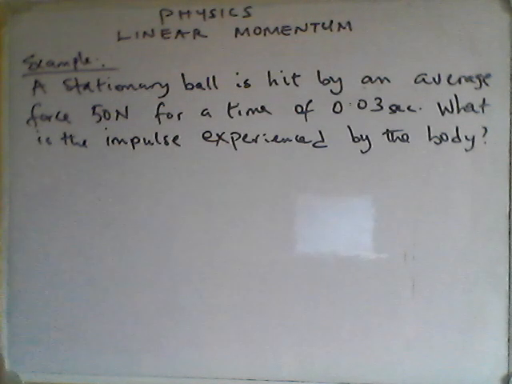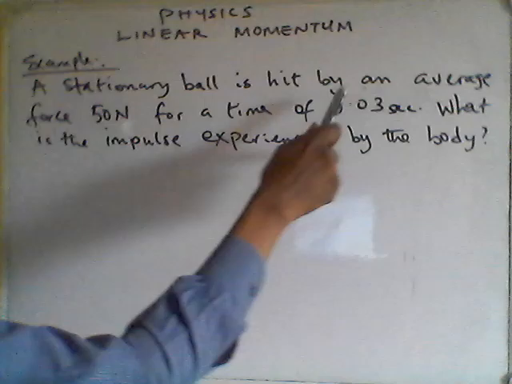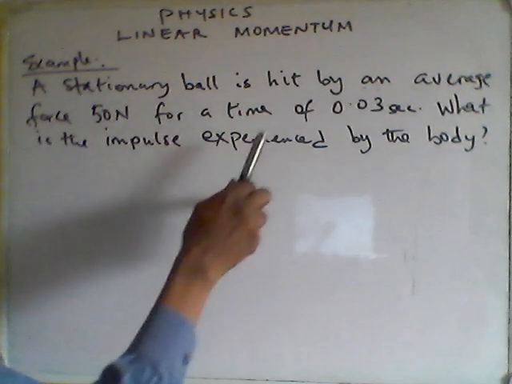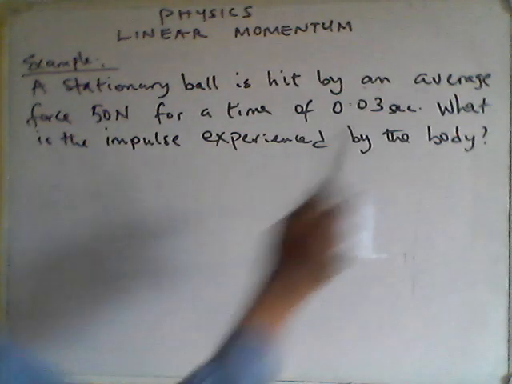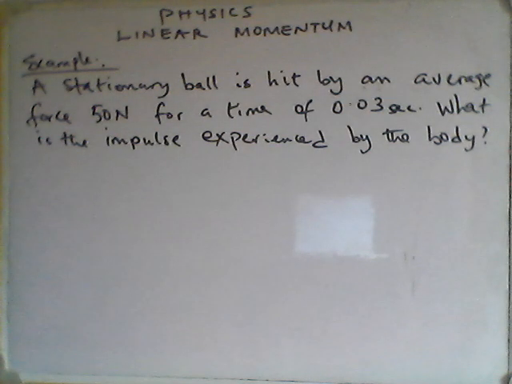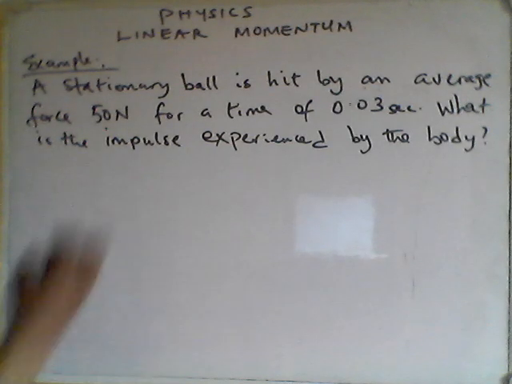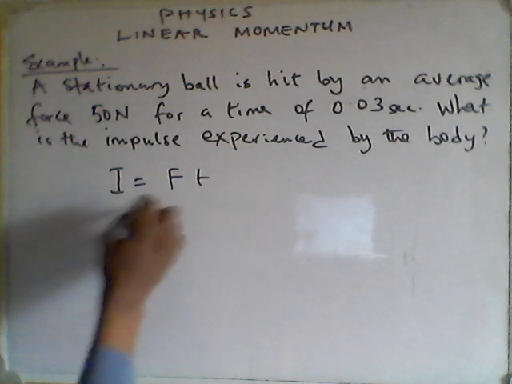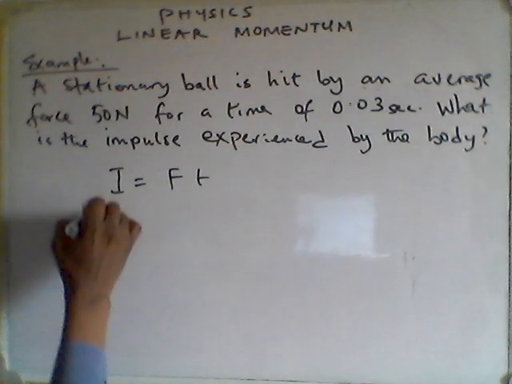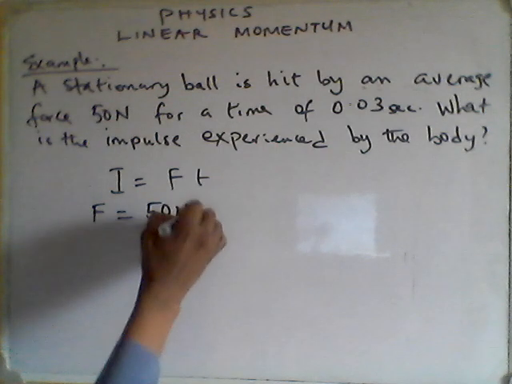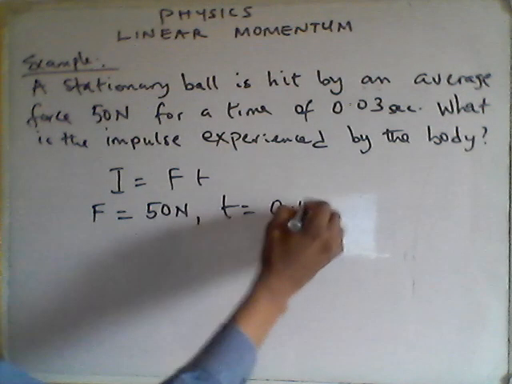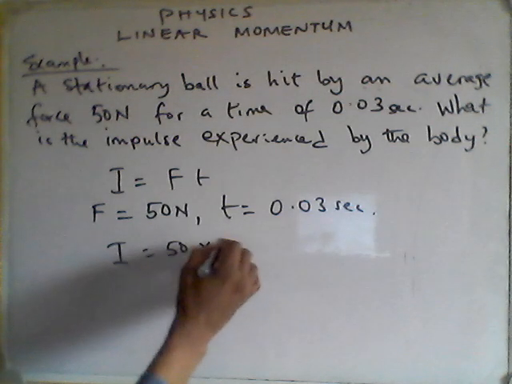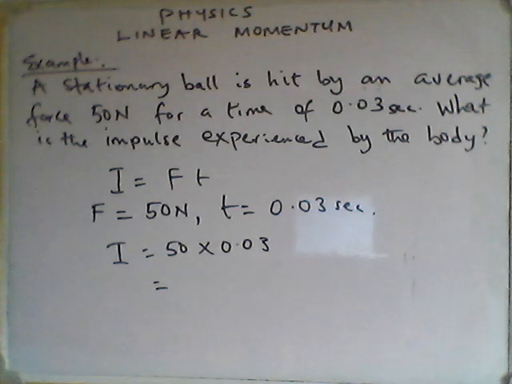So I have this simple question on the board. It says a stationary ball is hit by an average force of 50 Newton for a time of 0.03 seconds. What is the impulse experienced by the body? So this is simple, knowing that the formula for impulse I is equal to Ft. In this question, we're given that F is equal to 50 Newton and time is given as 0.03 seconds. So to get the impulse, it's a product of the two of them, 50 times 0.03. So the answer is